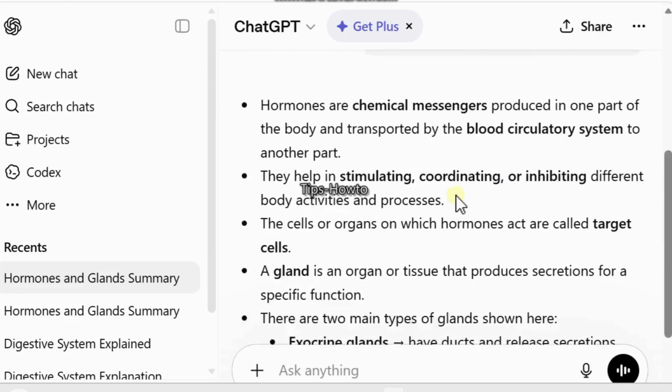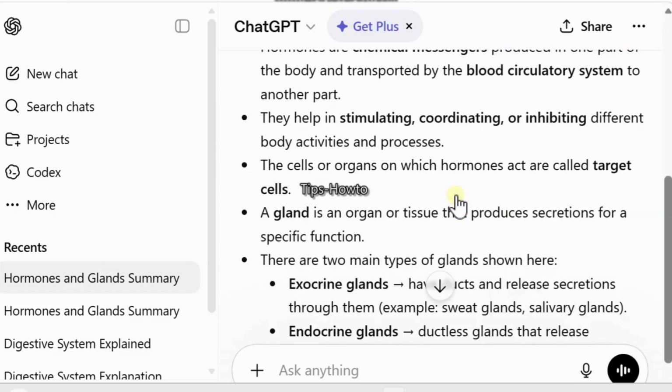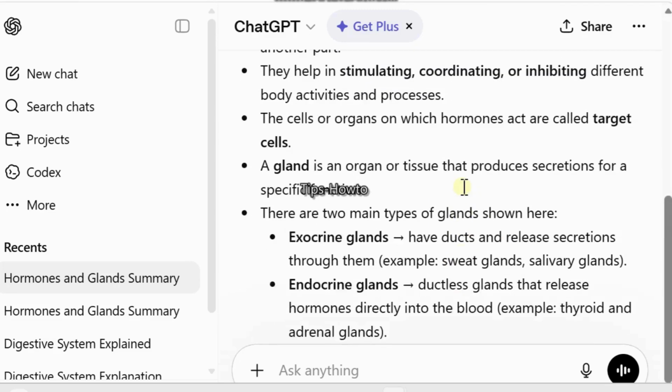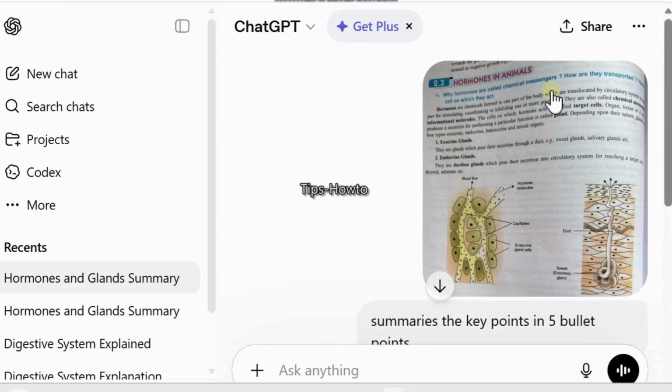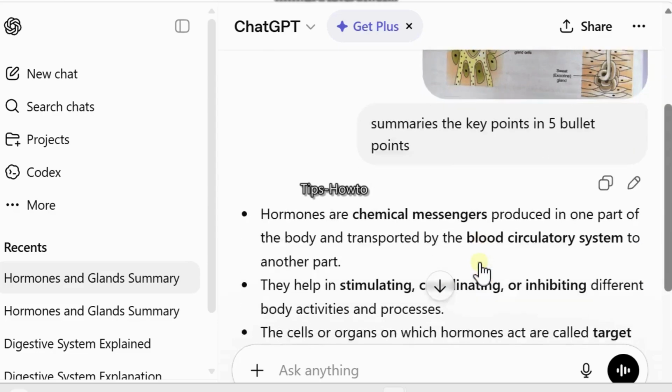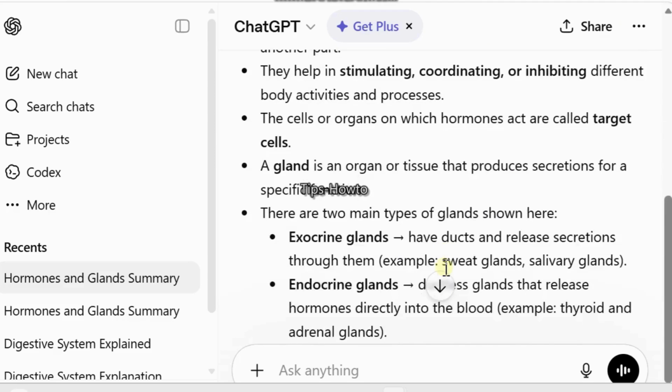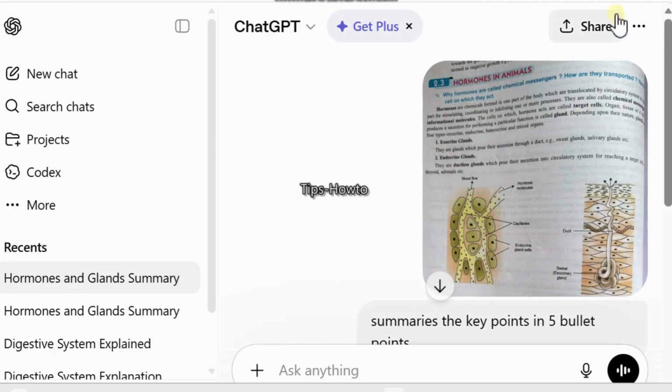So you can easily utilize ChatGPT: upload a 40-page research paper, ask what are the three main findings of the paper and what methodology did the researchers use. You get a structured answer in 30 seconds instead of reading for 2 hours. So it's a very important feature of ChatGPT. Students can easily